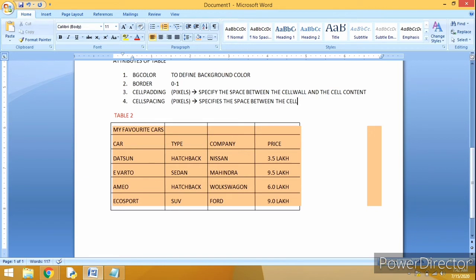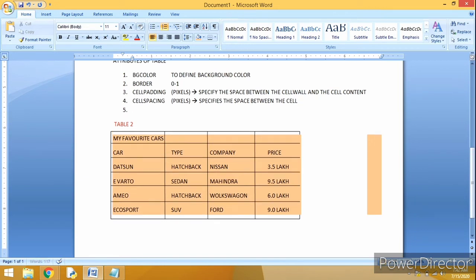Then one more thing we can have is height and width. By the name, what does it suggest?